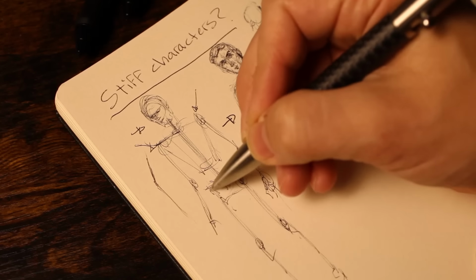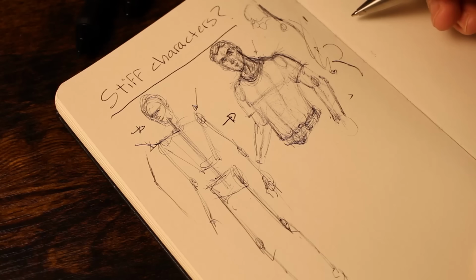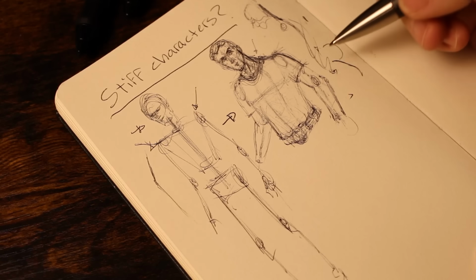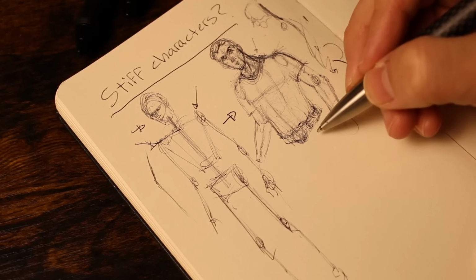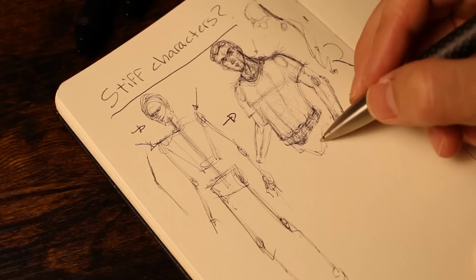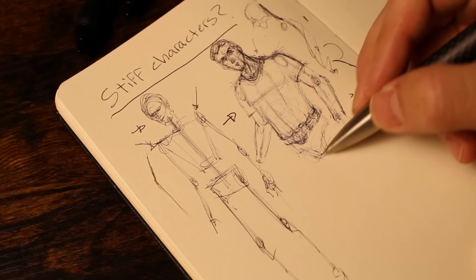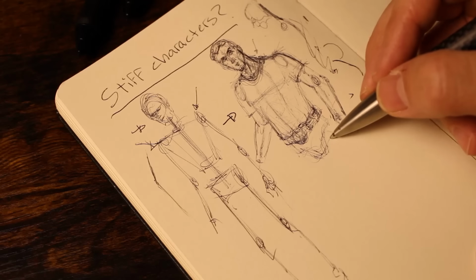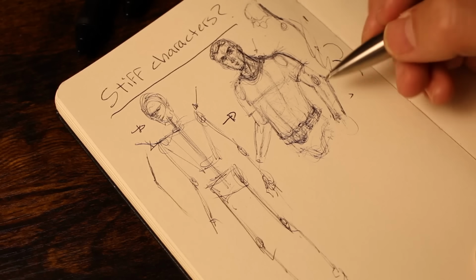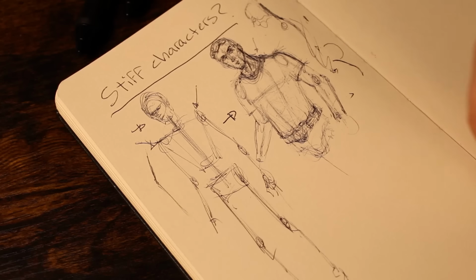This area, you got hips and thighs that just go straight down. That is character stiffness 101. So, pretend that you draw in the hip, just like you're looking at a toy. You just see the articulation where the little joints go into the hip. Now, here's the fun part though. You're going to get a nice curve down the whole part